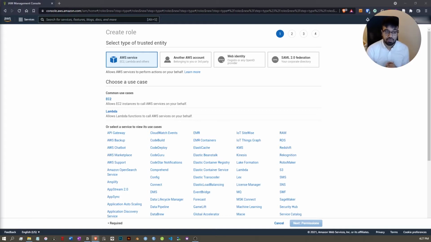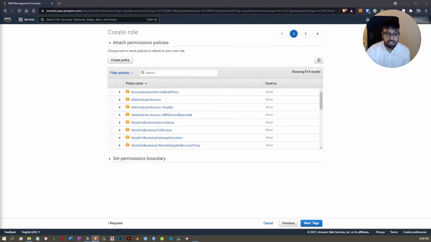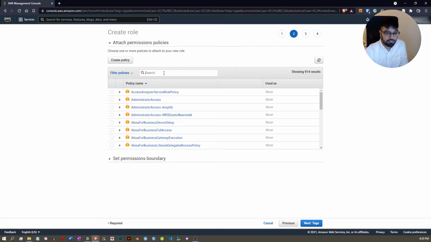Okay, so what we will do is we will choose AWS service here, and under use case, we'll select EC2. And if we have this blue background on it, it is selected, so we can go to next permissions. And from here, we'll have the ability to choose the various different policies to add to our permissions. And we will search here for two different policies. The first will be